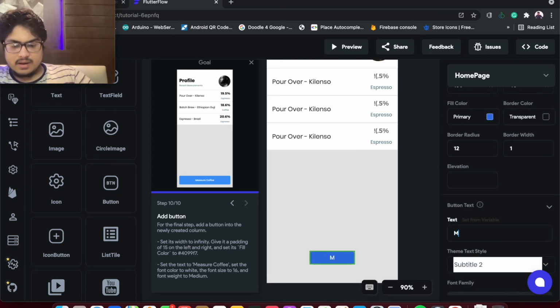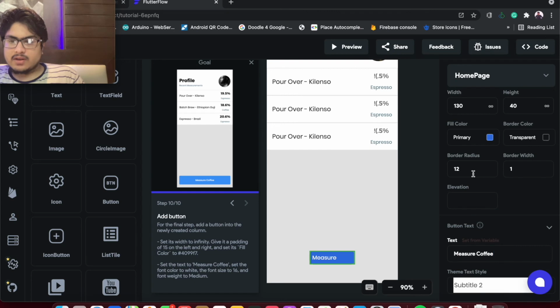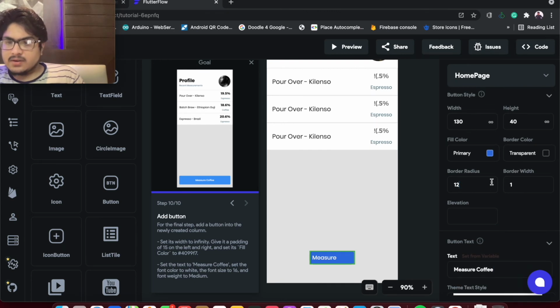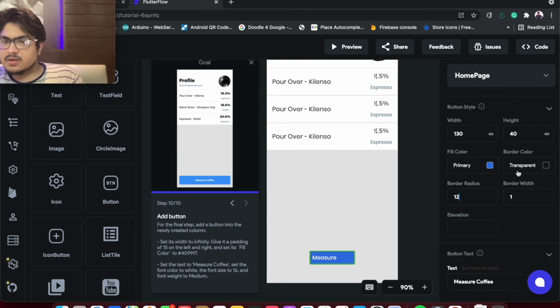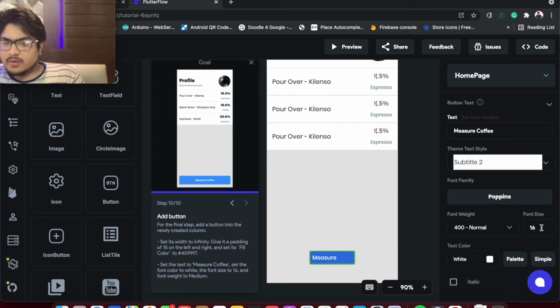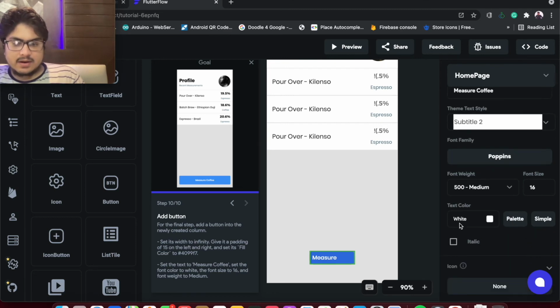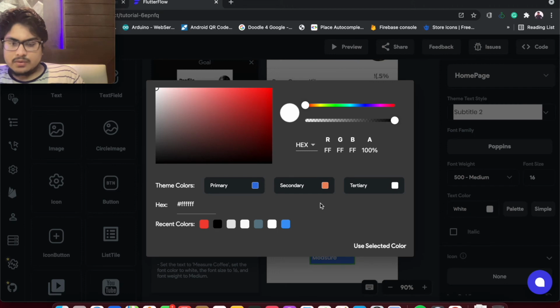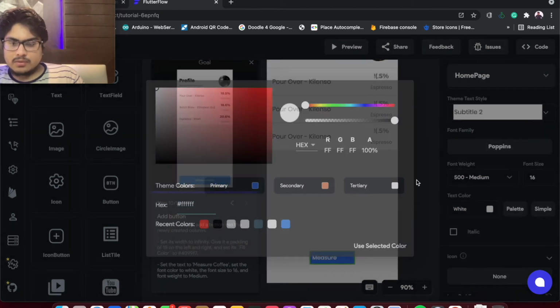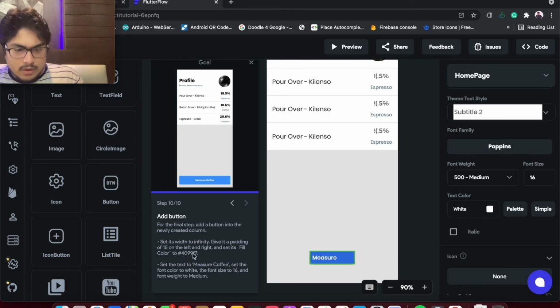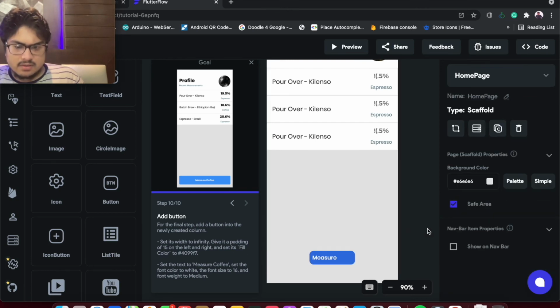We'll write MEASURE COFFEE. Okay, and font size to 16. Font size is 16. All right, and we'll set the font weight to medium, and let's leave the color as it is.